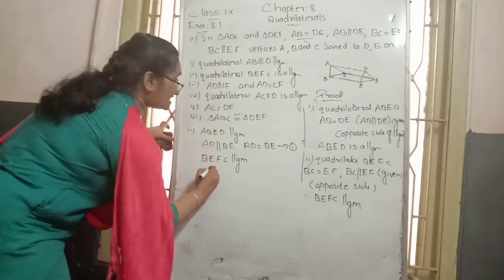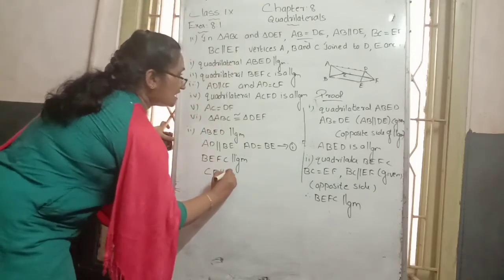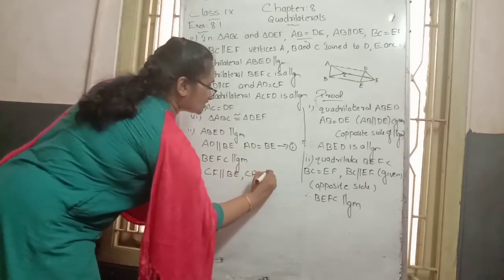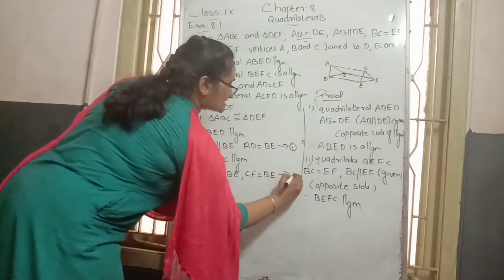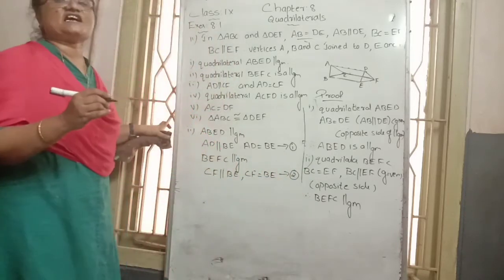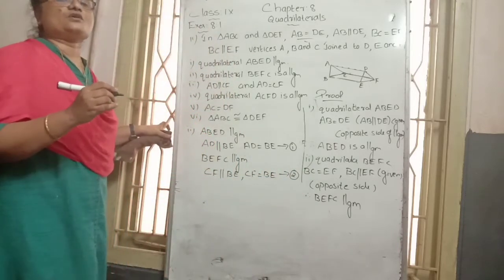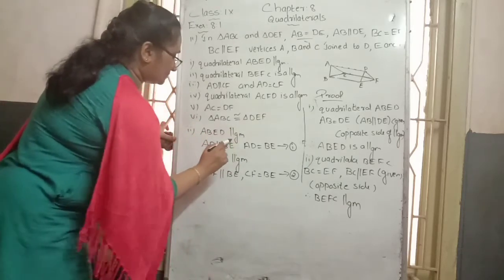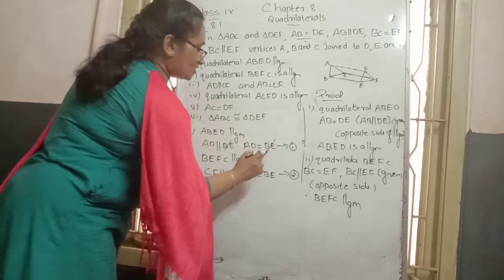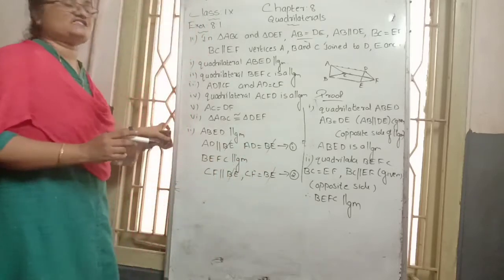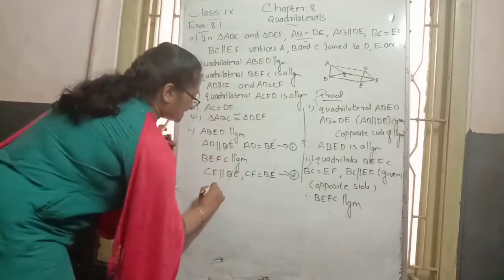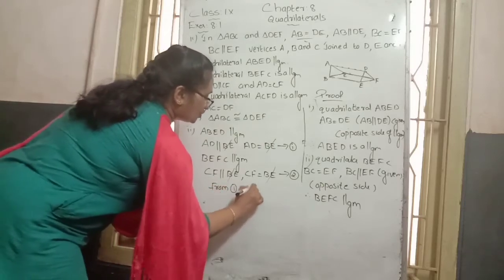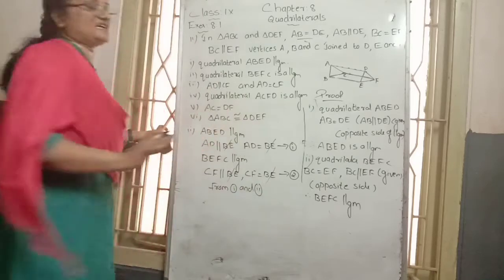So we write CF is parallel to BE. That's why CF is equal to BE. Mark it as equation 2. What is the reason? They are the opposite sides of the parallelogram. Then see, here BE, and here also BE. From the first and second equation, that part cancels, so some sides are cancelled.